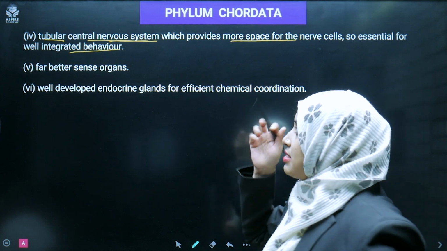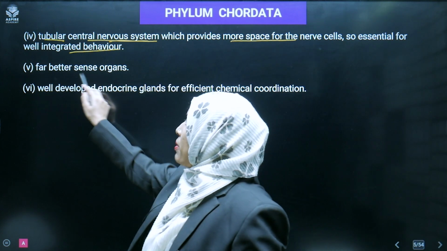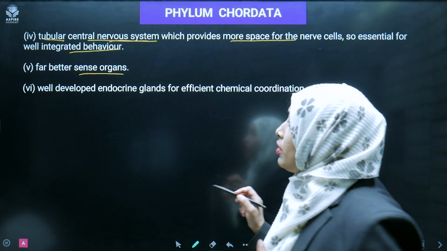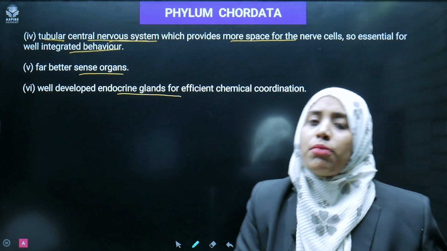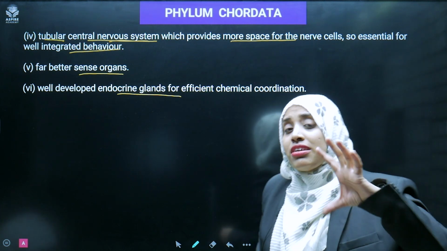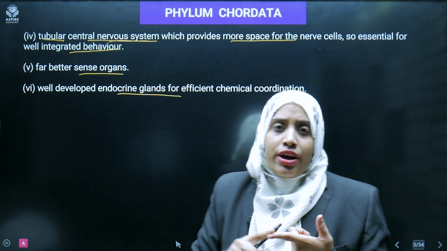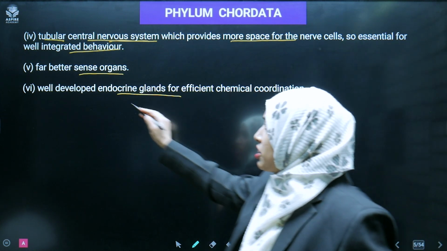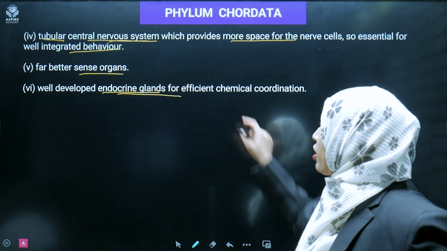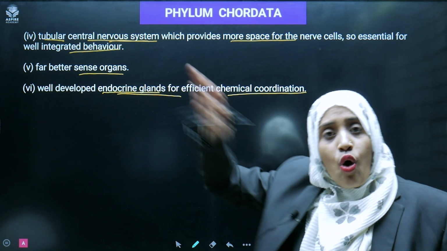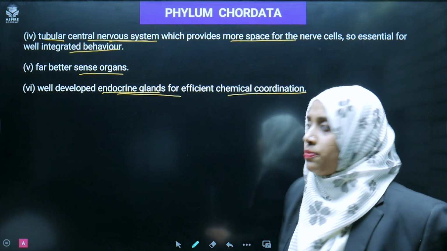So all that belongs to that central nervous system, CNS, okay। Far better sense organs we are having, okay। So proper sense organs हमारे पास हैं, well developed endocrine glands for the release of the hormones which are the chemical messengers, ठीक है। तो chemicals, hormones are the chemical substance, okay। Growth हो गया, ठीक है, for the growth and all the function, the endocrine glands are playing a great important role for efficient chemical coordination। So all these features are present in chordates, not in non-chordates, okay।